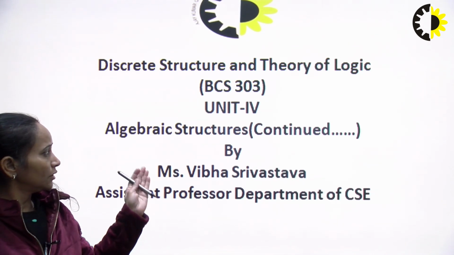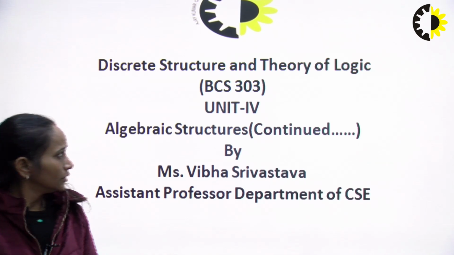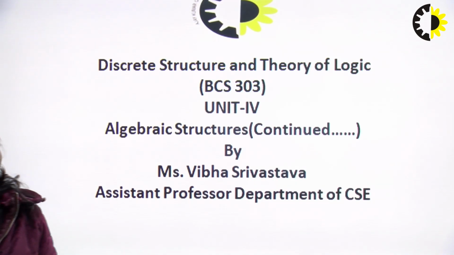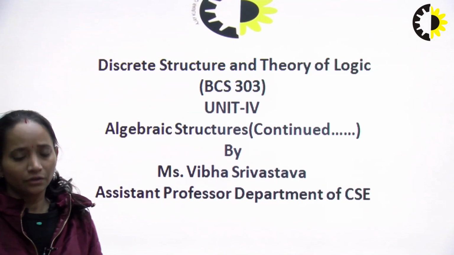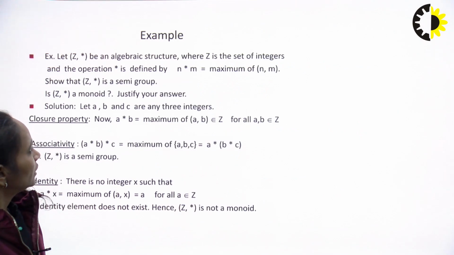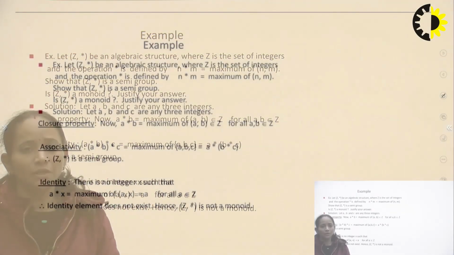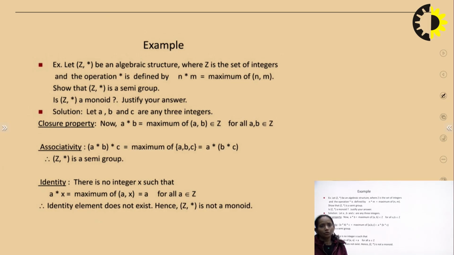My topic for today's lecture is from Unit 4 and the topic is group theory. So now we start with some example. As the topic is group theory, we have to memorize something about the group. There should be some properties that must be satisfied for a group.